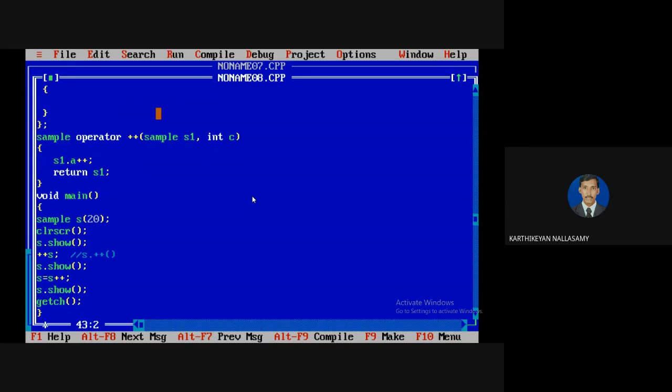Whenever you make it a friend function for a unary operator, it must always return an object. Only then is the original value updated, because there is no current object, so the object must be updated. In binary operator overloading, if you implement it as a friend function, we create a temporary memory location and those values are updated. Here, you can update the same memory location and assign it, because it takes only a copy. This is the way we implement the concepts. If you want, you can implement the same logic for binary operator overloading using a friend function.